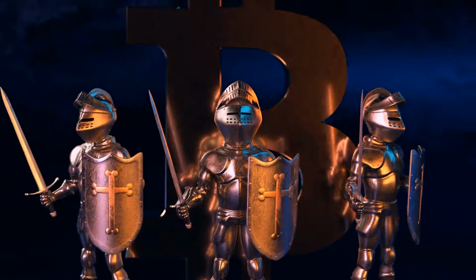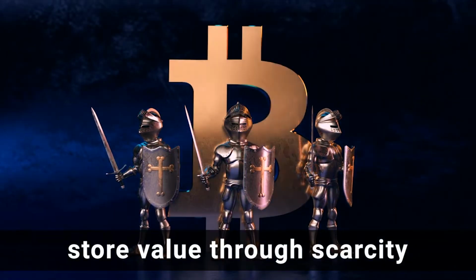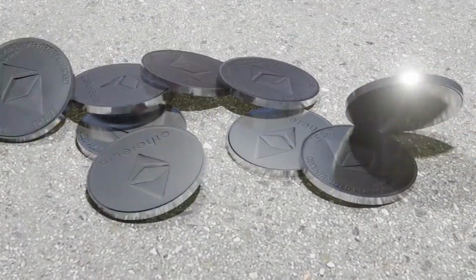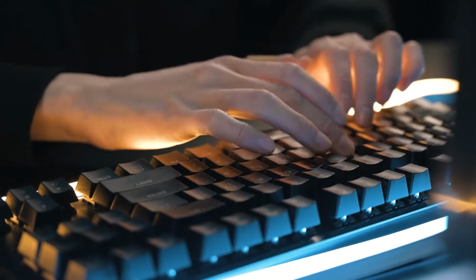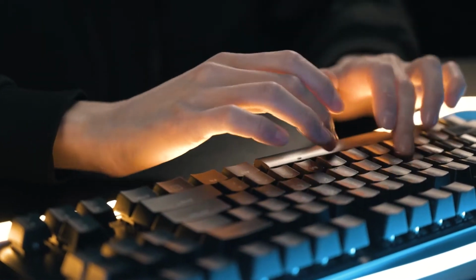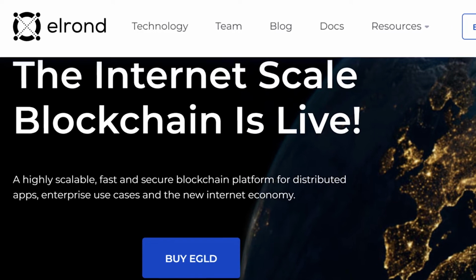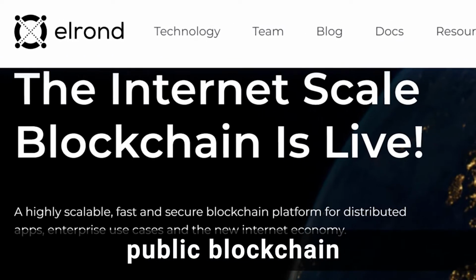Bitcoin has become the gold standard for digital assets because of its power to store value through scarcity. On the other hand, Ethereum's programmability allows the creation of smart contracts and useful financial applications. So the challenge for developers is finding a solution that blends the best of Bitcoin and Ethereum that can easily scale. Elrond. Elrond is a public blockchain that offers all of the good features of a respectable blockchain that includes